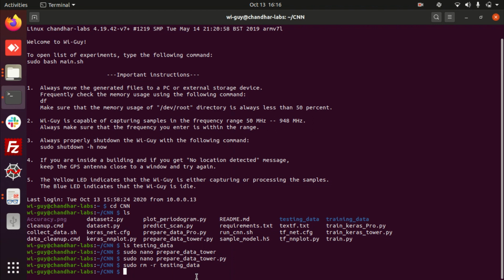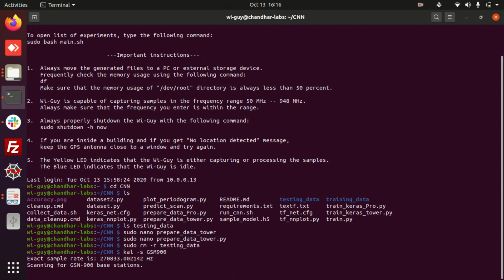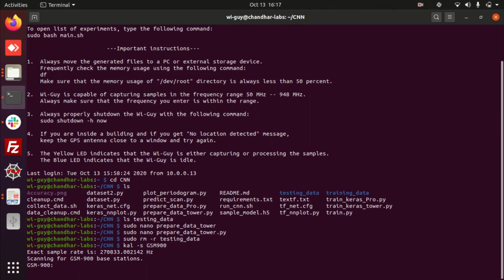For that, we use the command kal -s GSM900. It now scans for the GSM signals present from the nearby towers, and it takes a few minutes. This kal -s GSM900 command is applicable only to find the GSM carrier frequencies. It is not applicable for FM and LTE signals.